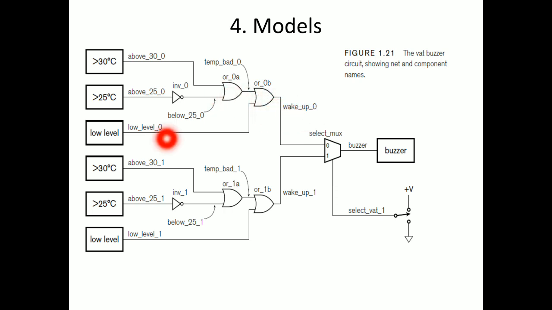And you can see the input of this VAT 1 NOT gate is inverter 1. In the VAT 1 container, the inverter 1 input is above_25_1. Its output is below_25_1. Hope you got how to write the input and output names. You can see where it's coming from: 25 degrees centigrade greater than, so the name is above_25_1, with underscores.